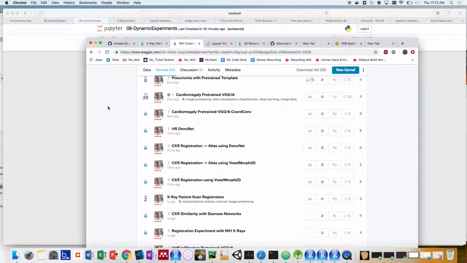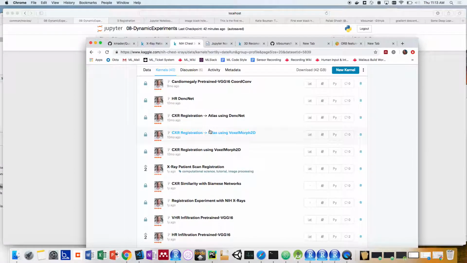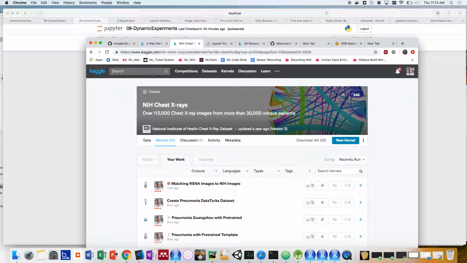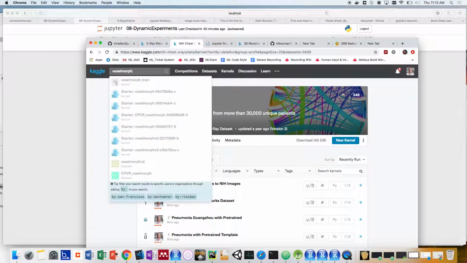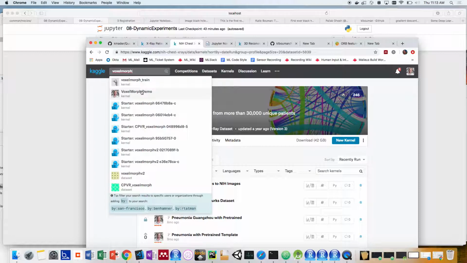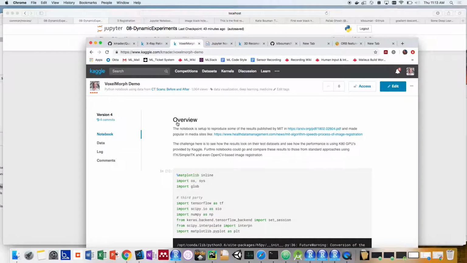That's VoxelMorph. That was it. So this was a fairly cool model that I'll add to the exercises as well, from Massachusetts General Hospital, I believe,